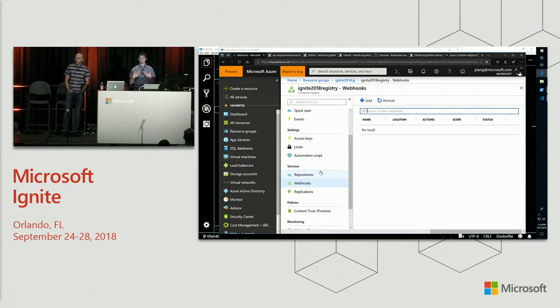So, when you're getting into production, you need to make sure that you've got a strategy to patch. And when you're building a container, you're basically building that automation right then and there. And so this Azure Container Registry makes it easy. If you've got a more sophisticated build process,